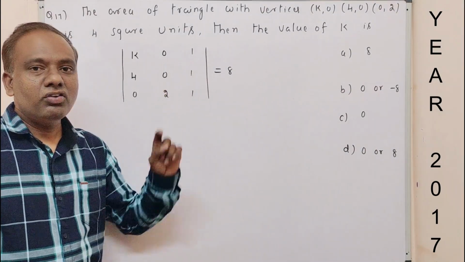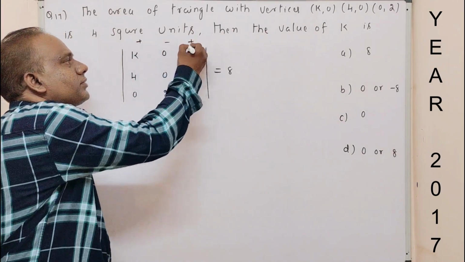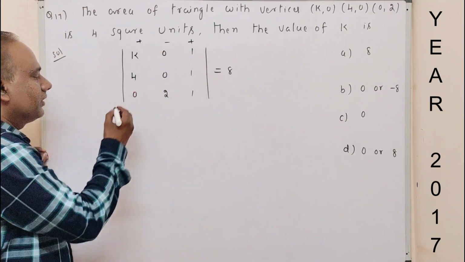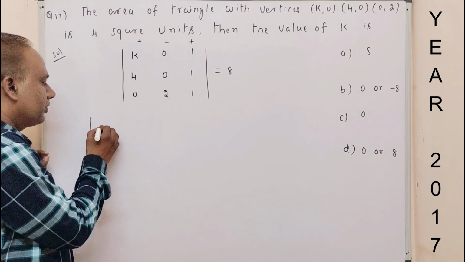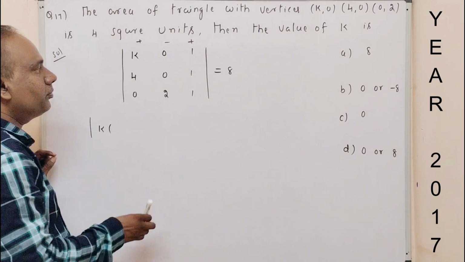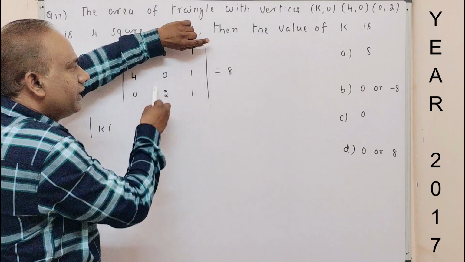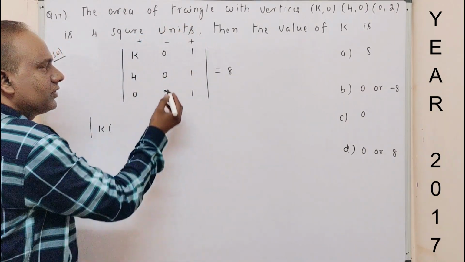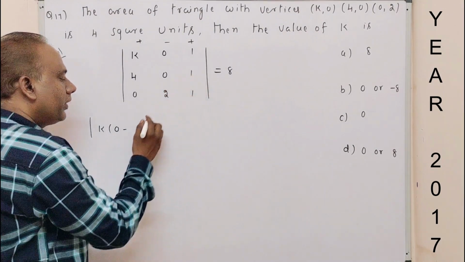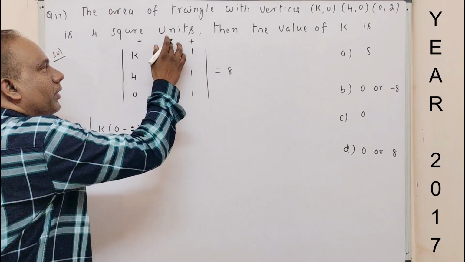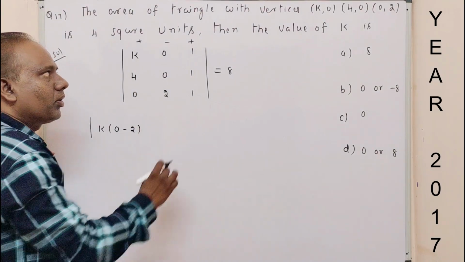Here we can calculate the determinant. So in the determinant the signs are plus, minus, plus. So directly k into, so write the minor here. So k into means the corresponding column and corresponding row will be closed. Here we can calculate this determinant. So 0 into 1 is 0, minus 2 into 1 is minus 2. Then 0 means no need to do, please leave it, no problem.